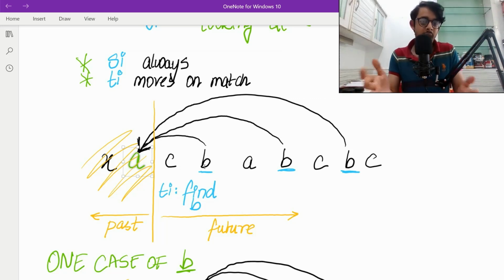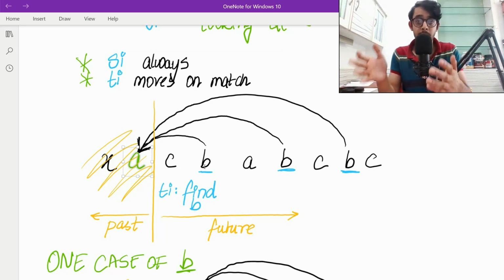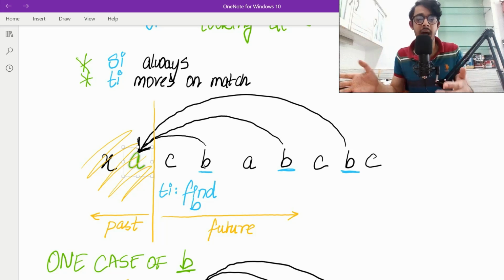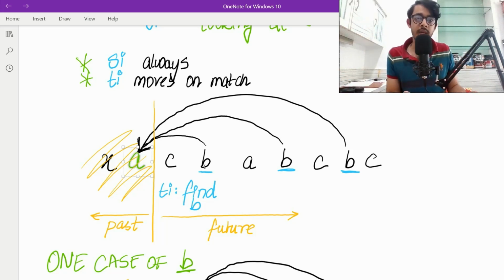Because we still have to maintain the structure of B coming after A. We can't have BA. We always have to find AB, because Ti says that I'm going to first find A, then B, and only then C. So this is restricting our structure.